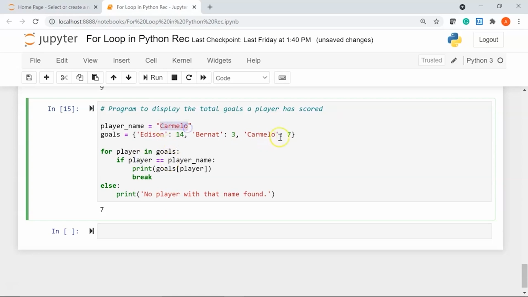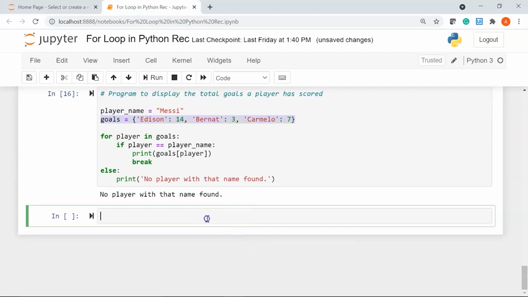Since Carmelo is present inside my dictionary, we printed the goals that were scored by Carmelo, that is 7. Now let's say I change this player name to, let's say, Messi. Since Messi is not present inside my dictionary goals, if I run this, it will print no player with that name found. The reason being Messi is not present inside my dictionary called goals.